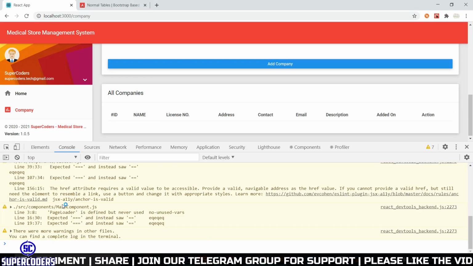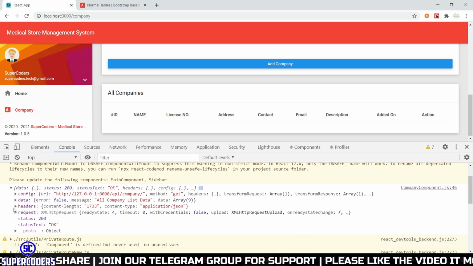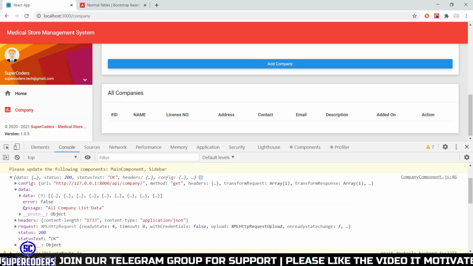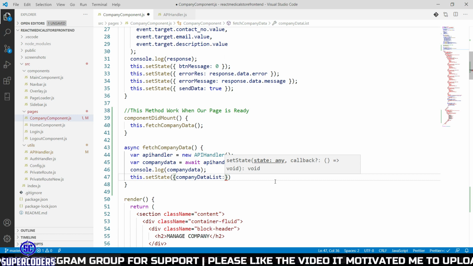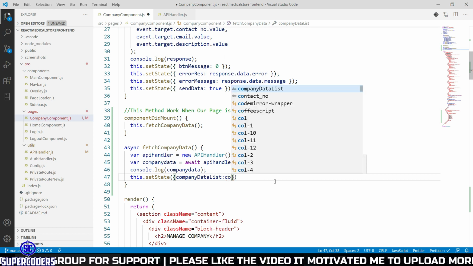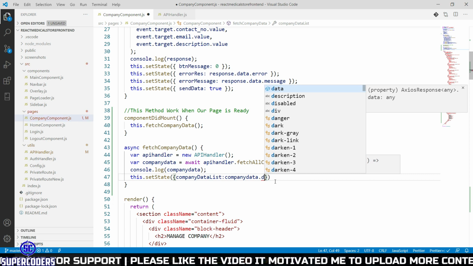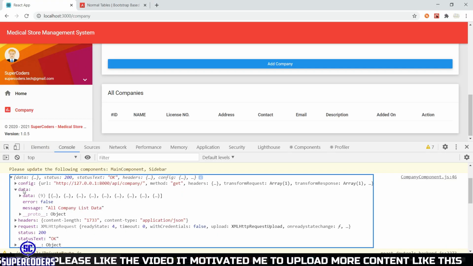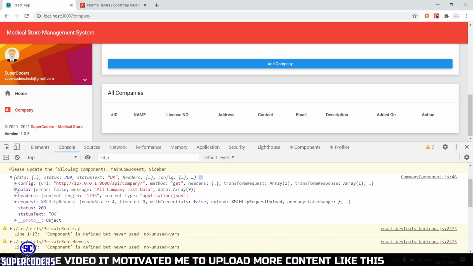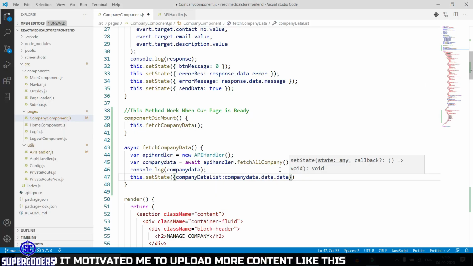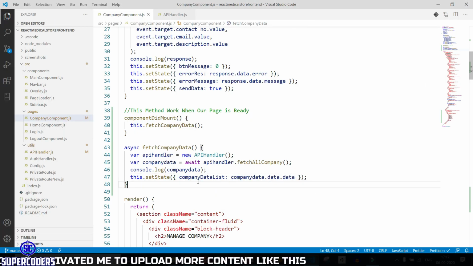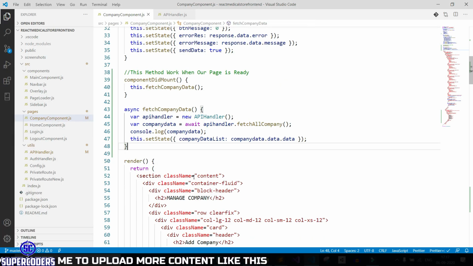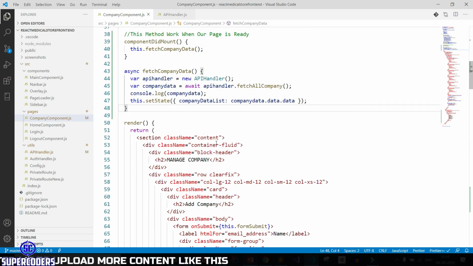So come to Chrome, and if you see this, it contains data in our data, then data. So company data dot data dot data. So first I will access this data, then I am accessing this data. So save it. So after setting the data, now let's paint this data in our table.